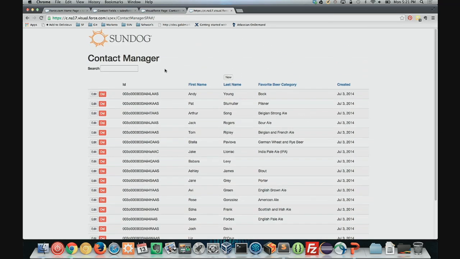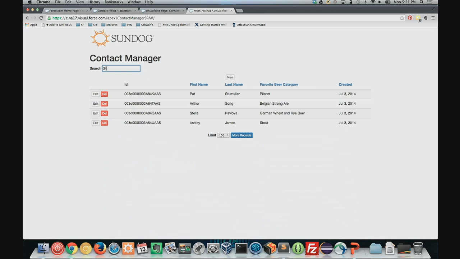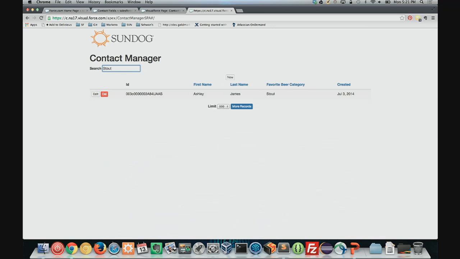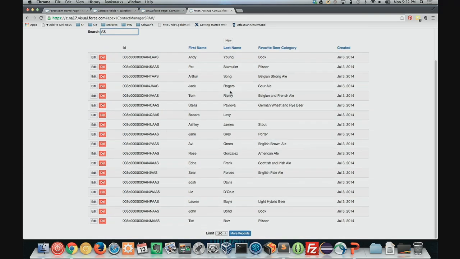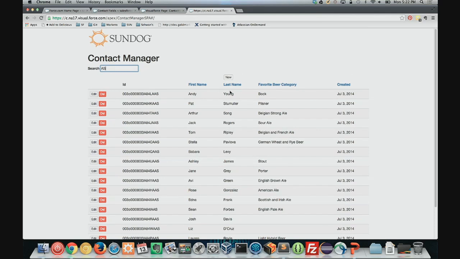And there we go. So the other great thing you get from this is the ability to filter your records. You can go ahead and just type right in here. So I'm going to type in and see how many people like stouts. There, see, Ashley James, she likes stouts. If I want to find other people that have Anderson in them. Oh, no Andersons in the system. All I'm doing right now is just a simple substring search across all the properties of my JavaScript objects. So, if I wanted to find 003 or any of the records that end with AAS, here's all the records that end with AAS. So it's really simple and easy to do these kind of great features like filtering and